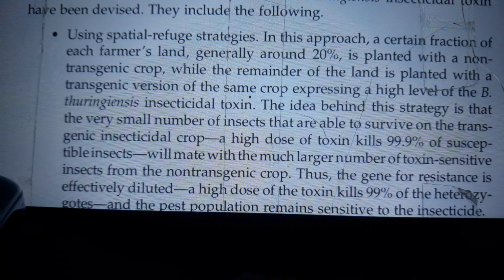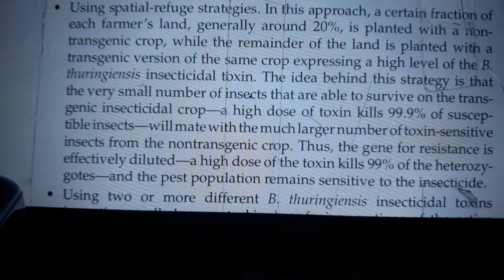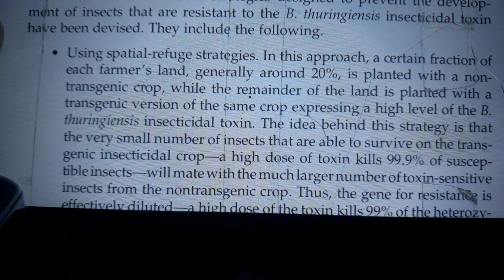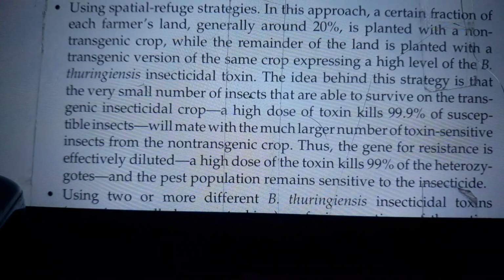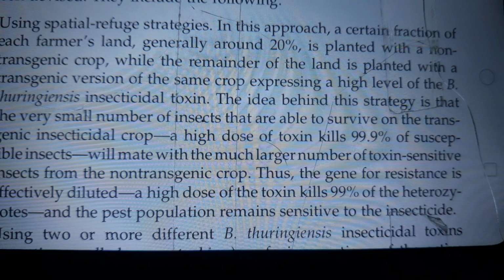impossible to implement a spatial refugium strategy, such as transgenic rice. A number of additional strategies designed to prevent the development of insects that are resistant to the B. thuringiensis insecticidal toxin have been developed, and